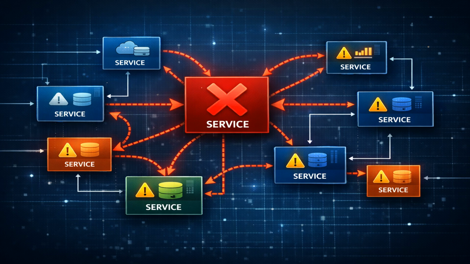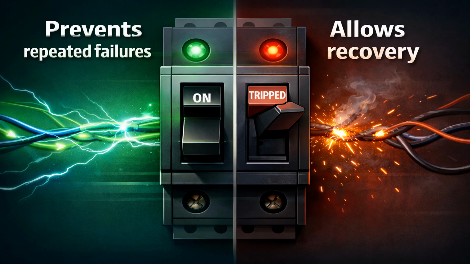In today's interconnected software systems, especially microservices architectures, failures are inevitable. A single failing component can cascade, bringing down an entire application. This is where the circuit breaker design pattern comes in, acting as a crucial mechanism for building resilient and fault-tolerant